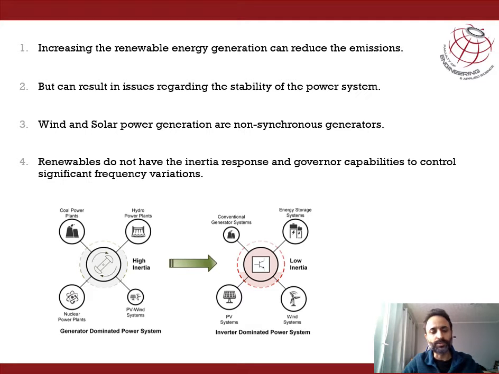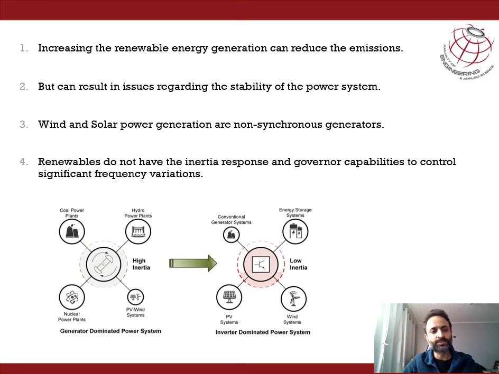Whenever there is a change in load, the change in active power demand has to be quickly met by the generating source. In the case of conventional diesel generators, this was achieved by having a high inertial system. That is, fuel is injected quickly into the system by the governor of the generator, and the high inertia of the generator is able to meet the active power demand, and hence we are able to achieve stability in terms of frequency control.